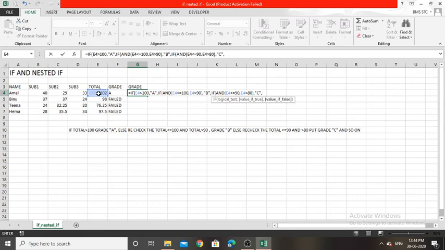Then again I want to check another condition like if, and bracket opens, E4 less than or equal to 80, comma, E4 greater than 70, put grade as D.